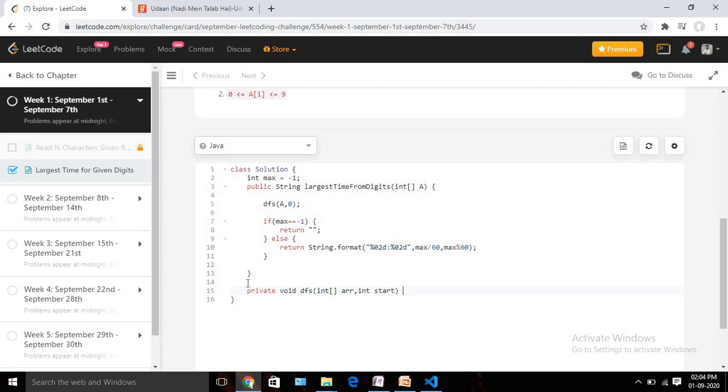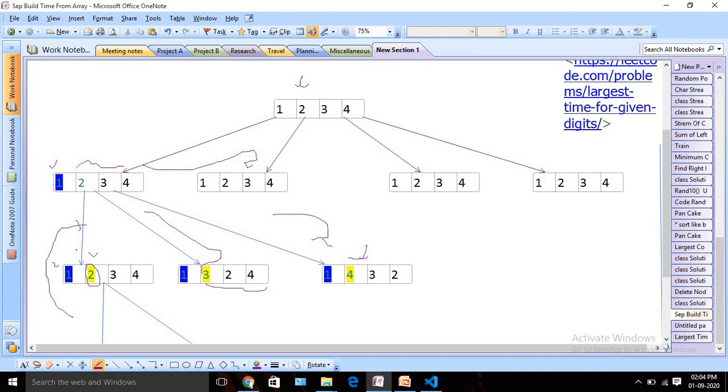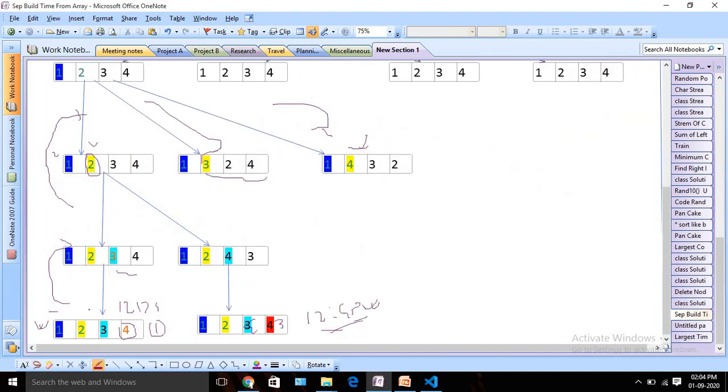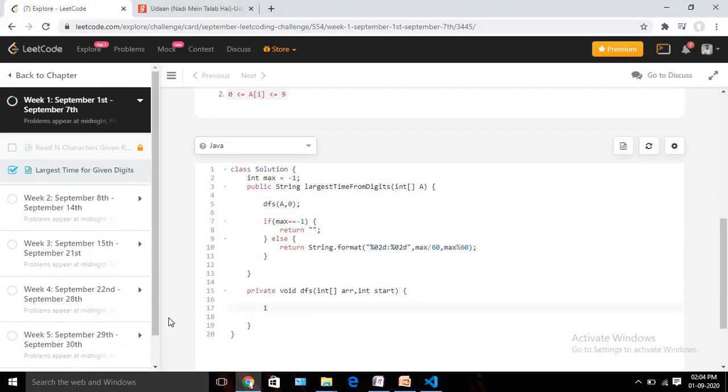Now, whenever I have set all the 4 bits, we need to stop and build the time. So let's check the logic first. If my start is initially 0, then it will be 1, then 2, then 3, then 4. So once it's 4, that means we have set all the 4 numbers. Now we can build our actual time.